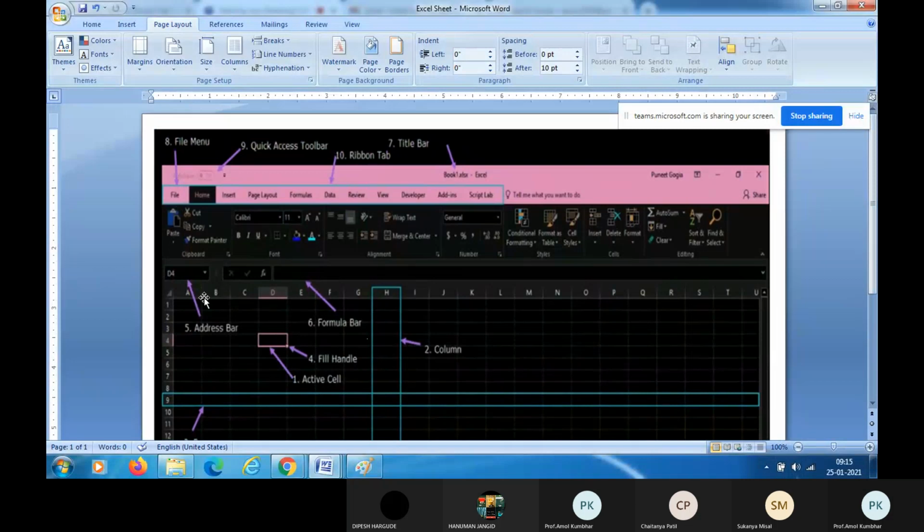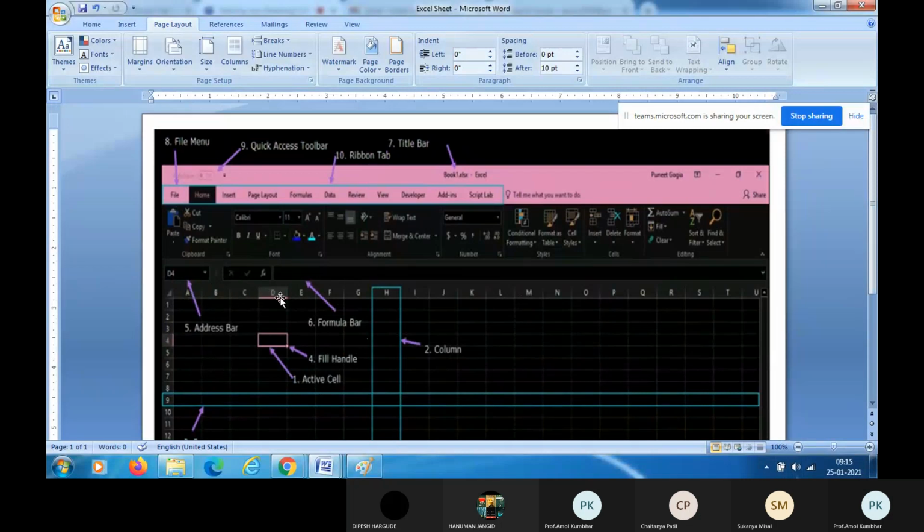Then observe this: A, B, C, D, E, F, G, H, I, J, K, L, M, N, O. Likewise, there are columns. So in this diagram, H is a column. You can also consider I as a column, J as a column, A as a column, B as a column.